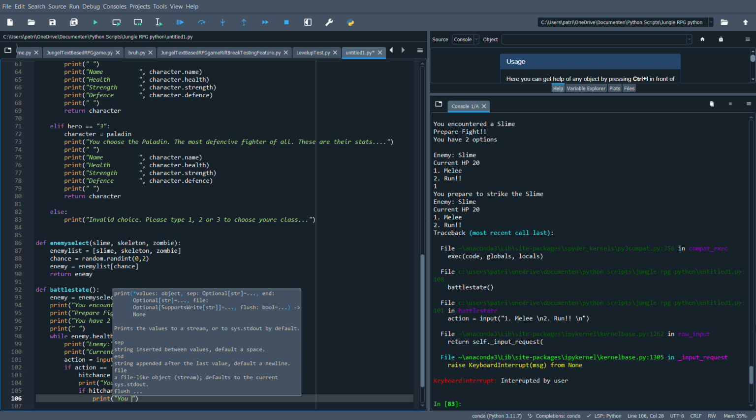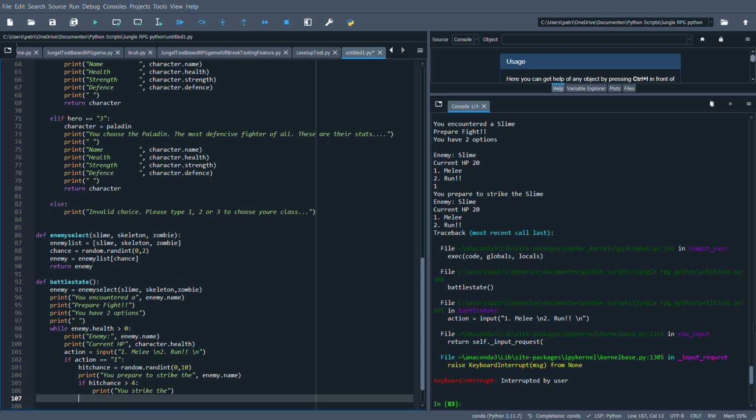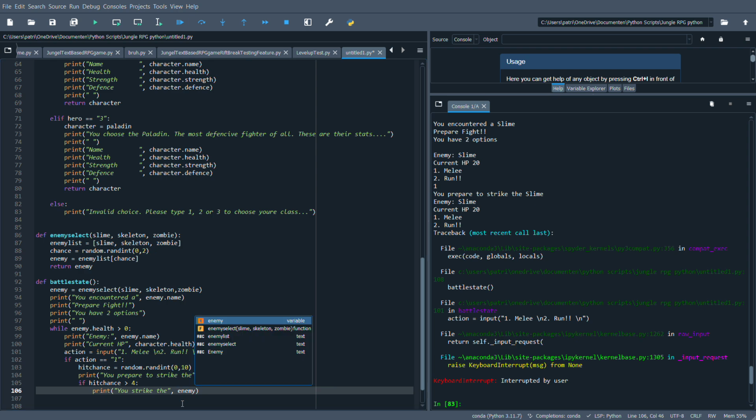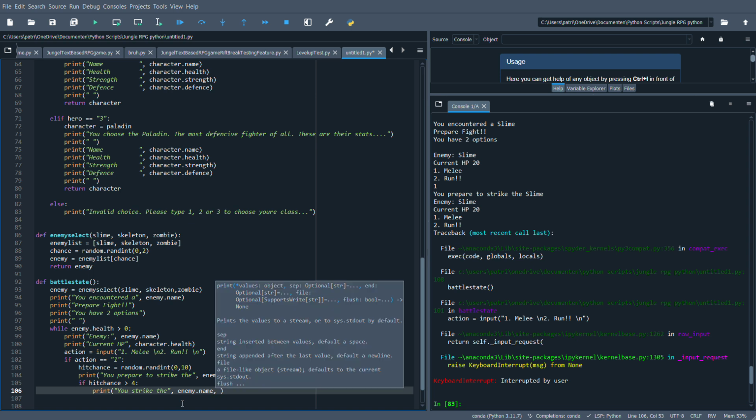So we're gonna say print, let's say you strike the enemy name. And after you give out a specific text, so it's gonna look at a specific value, and you want to continue your text after that, be sure to add another comma before continuing. Wait, what's this? That's cool. I didn't know that existed. Okay. Leaving them with